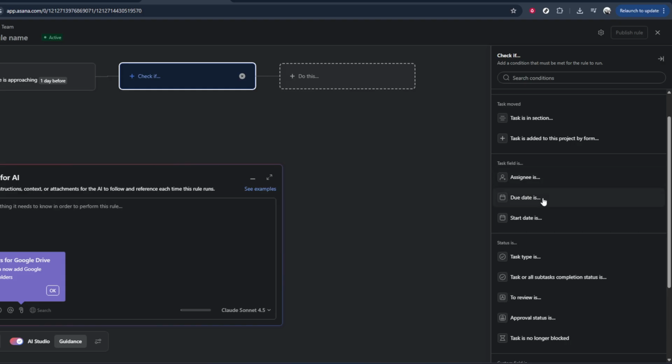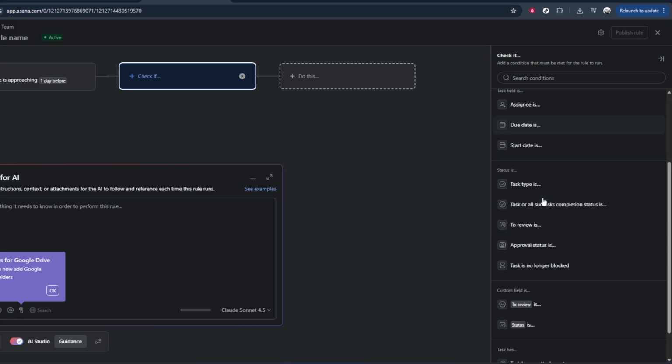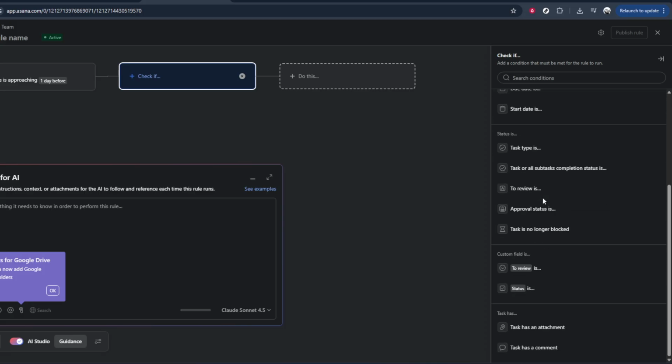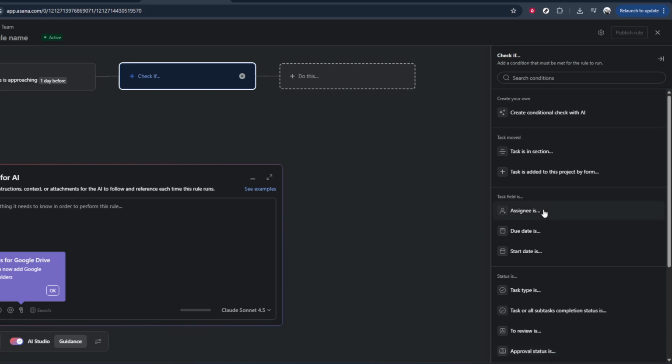Once that's set, click back on the When section to confirm your trigger. Then simply follow the on-screen prompts Asana provides to finish setting up the rule. Typically, this is where you'll choose what actually happens when the trigger is met, such as sending a comment, assigning the task to someone, or posting a reminder to a specific teammate. When you're done, save the rule. From now on, Asana will automatically send